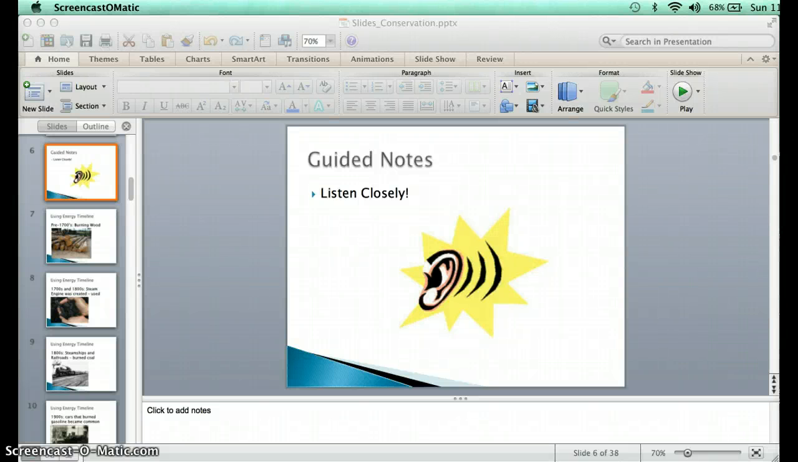So you've got your notes sheet in front of you for conservation. We're going to go through some notes and then you're going to complete an activity to work with this concept a little more. Alright, so on the top you're going to create a timeline as I go through it slide